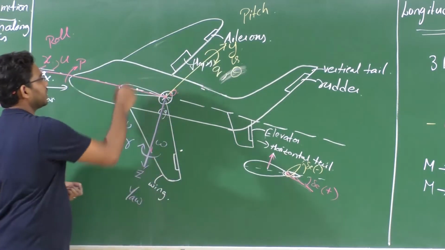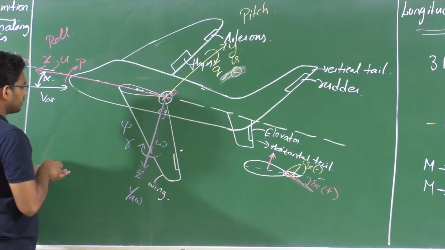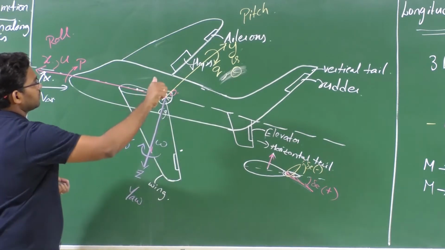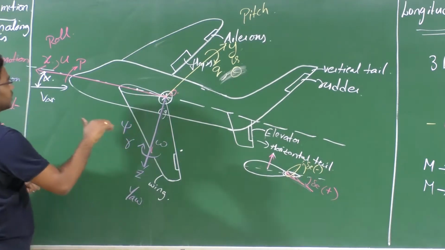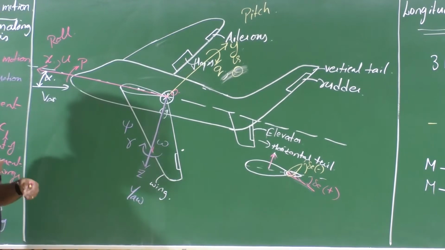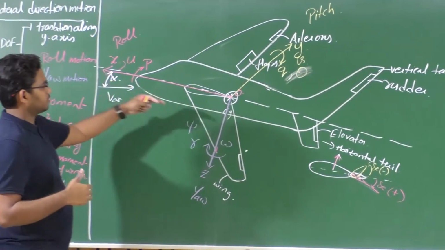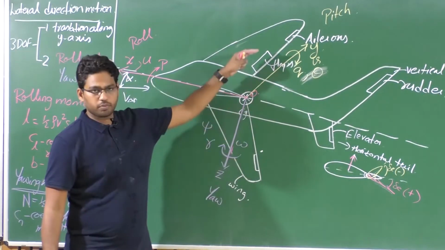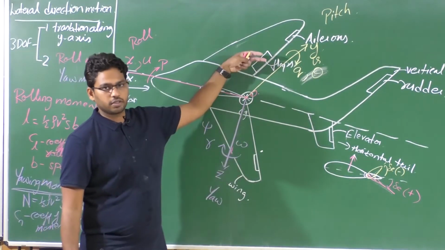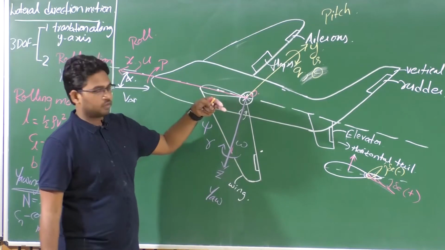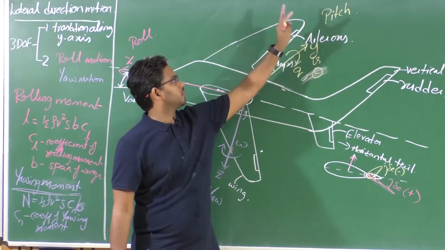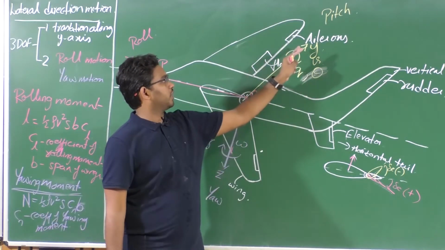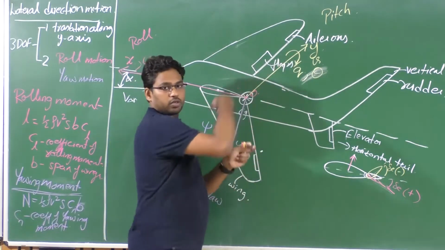Now similarly, we have ailerons here. So when we deflect an aileron, the corresponding rotation will be about the x-axis. Why? Because with respect to the CG, we have two ailerons on both the wings, at an offset location along the y-axis. So when there is an upward force at a y-offset, that creates a rolling moment, right?